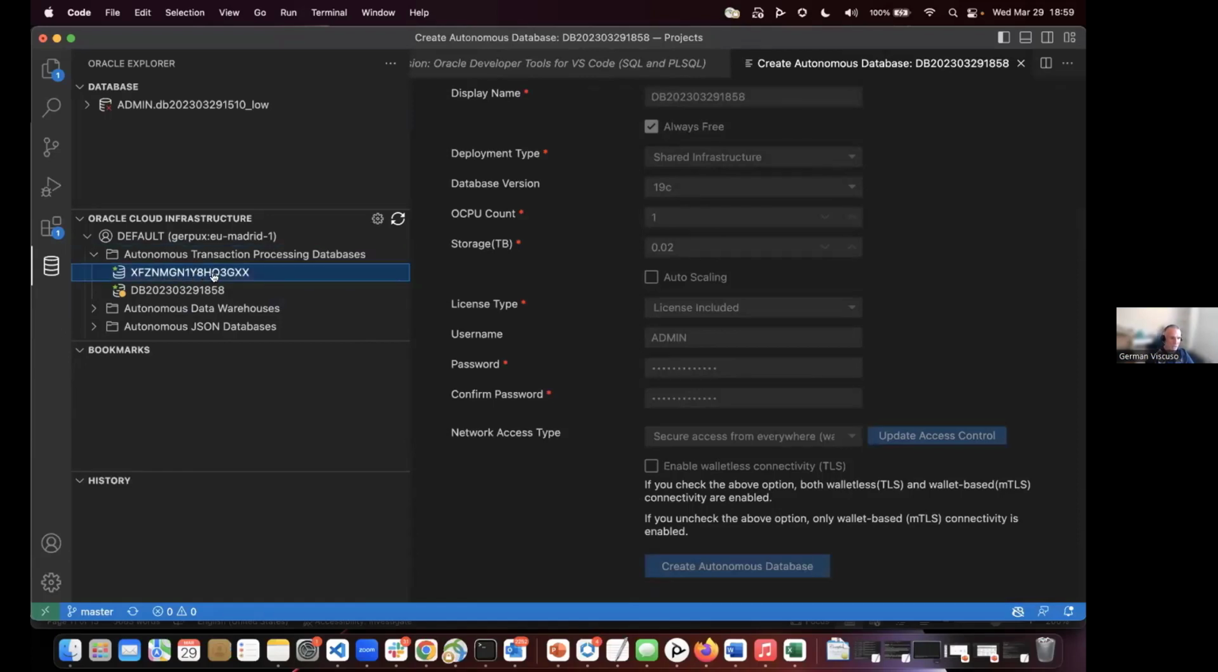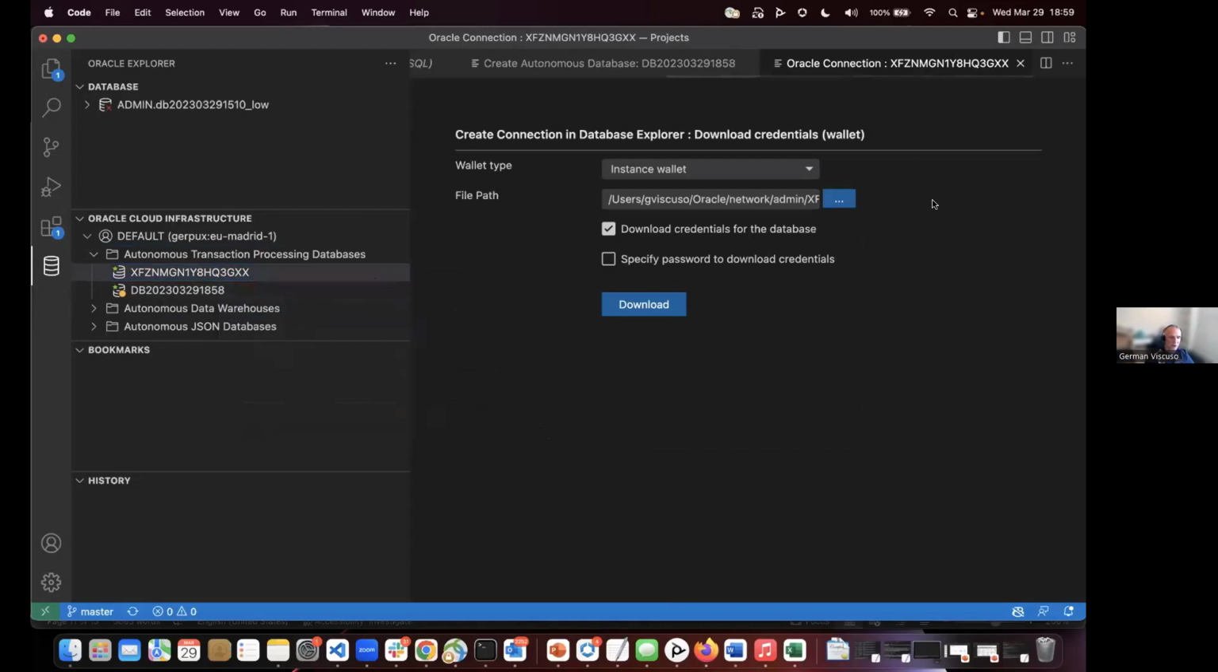But suppose that I want to connect to the database we created. There's no double click here. We just need to go through these steps. This is something I wanted to show you. You need to click on Create Connection in Database Explorer. So what you would use is Database Explorer, okay? Create Connection in Database Explorer. You get this screen